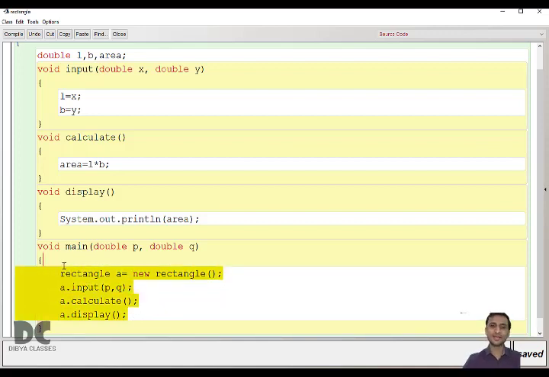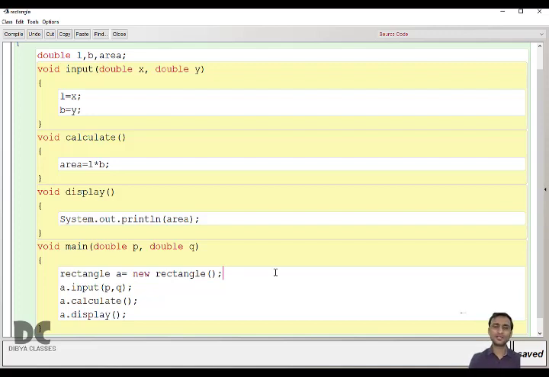But in the board exam, if it has asked to create an object, then it is compulsory to create an object. You have to write this line. If it is not asked about creating an object, you don't need to create one. So you have to write the answer according to the question given. If object creation is asked, you have to create an object. If it is not asked, you need not create an object. Clear?